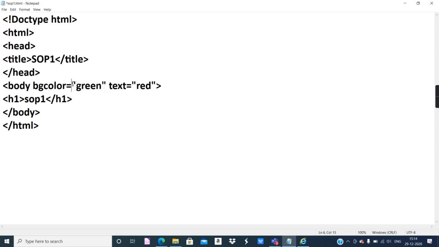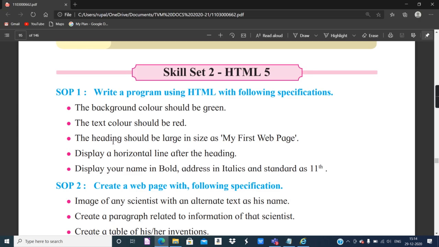It's always best to provide the value in double quotes. Type the double quote correctly. Don't type a single quote twice to make it look like a double quote, you will not get the output; the browser will not identify it. Use the shift button and then press the double quote button to get a correct double quote symbol. So these two things have been done.